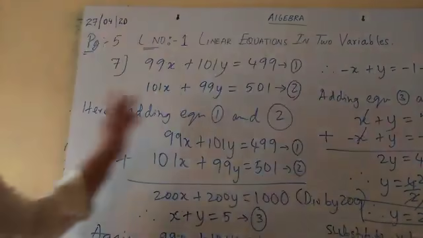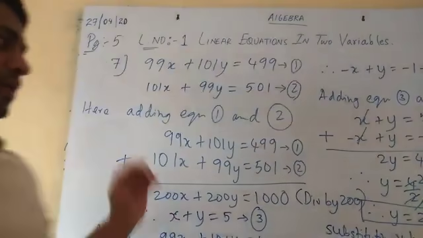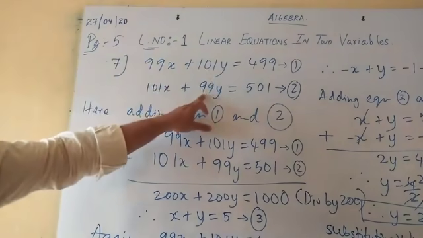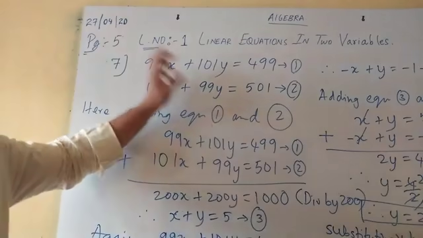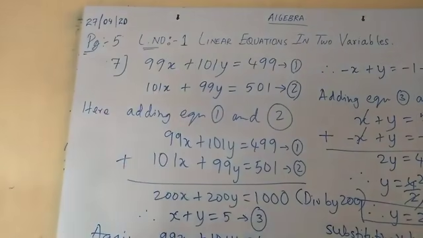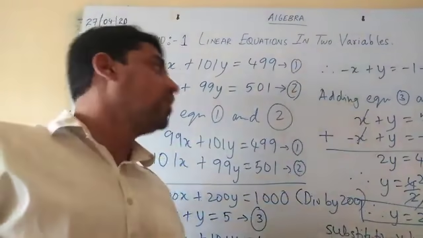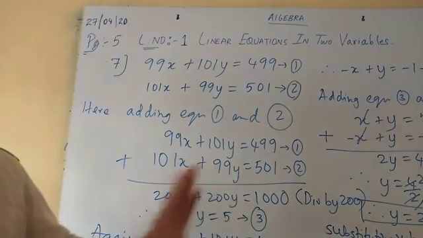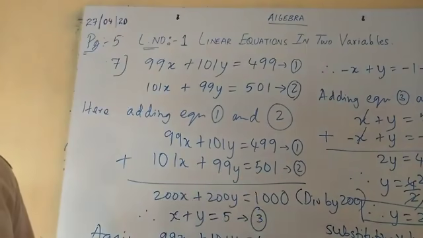Okay, that's why it's lengthier, but this is easier than multiplying equation 1 by 99, equation 2 by 101. It will be a very huge number, big number, which will be difficult for you to simplify. So this is the easier method. Okay, you'll have to go through this again. I'll just wait for you for 15 seconds if you want to note it down.